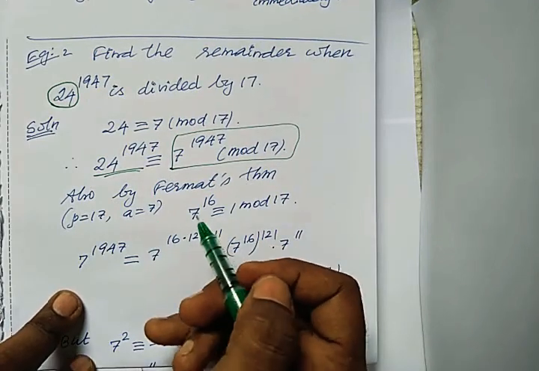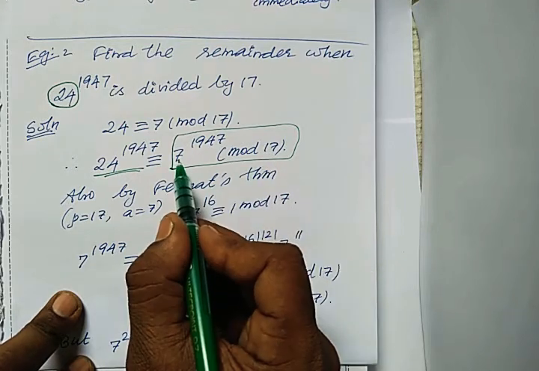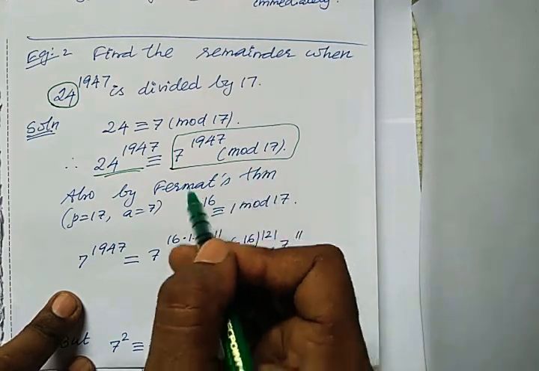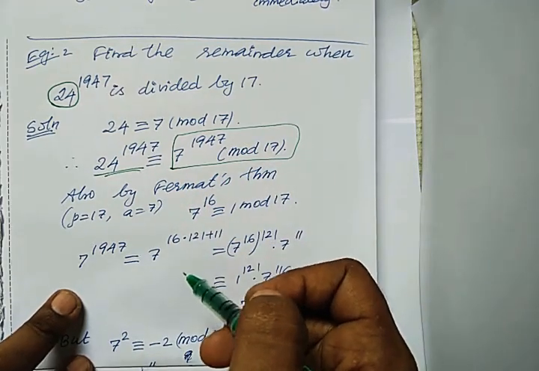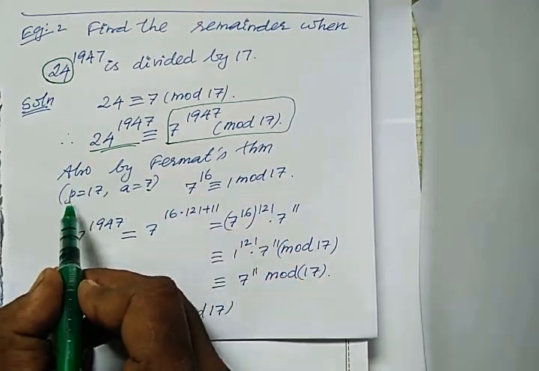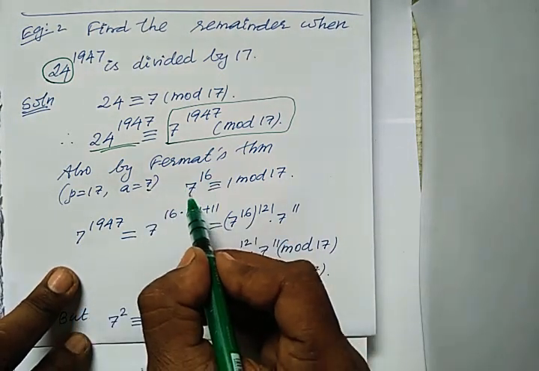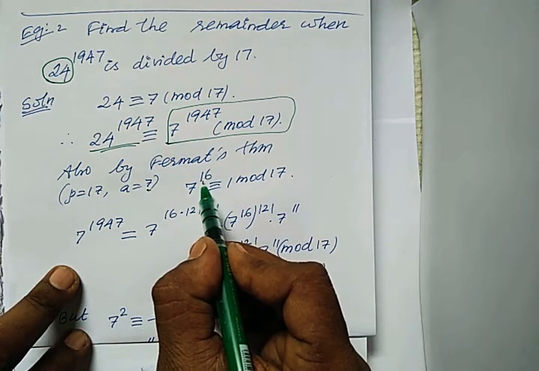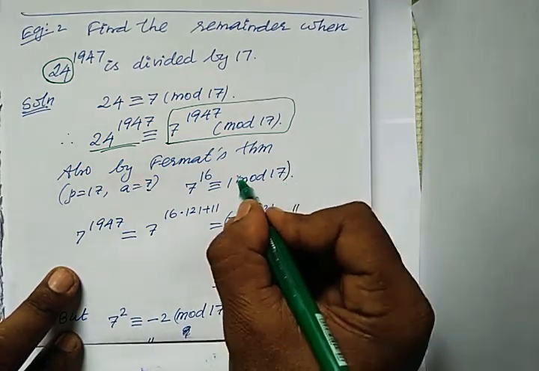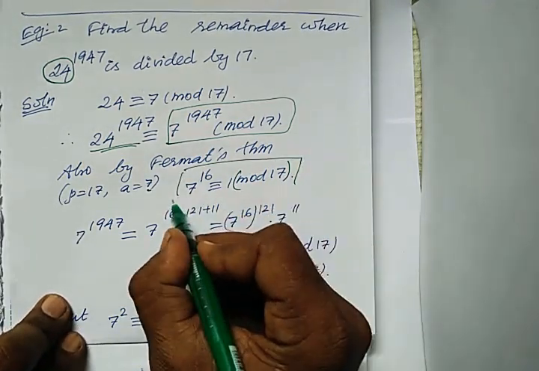Now let us use Fermat's theorem. This is now a small number compared to 17. It is the least residue for the prime number 17. So now we shall apply Fermat's theorem. Here p is 17, a is 7. Clearly 17 won't divide 7, so we may apply Fermat's theorem. What's the theorem? a to the power p minus 1, that is 17 minus 1, is congruent to 1 modulo 17. So we have got this one. This is so important.